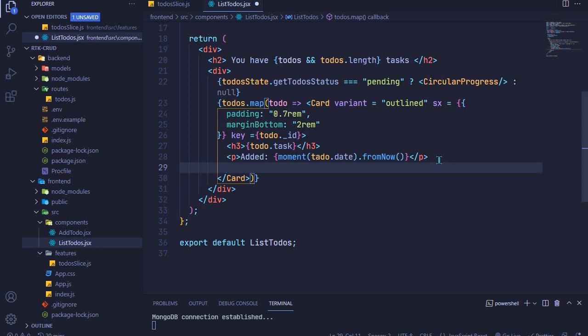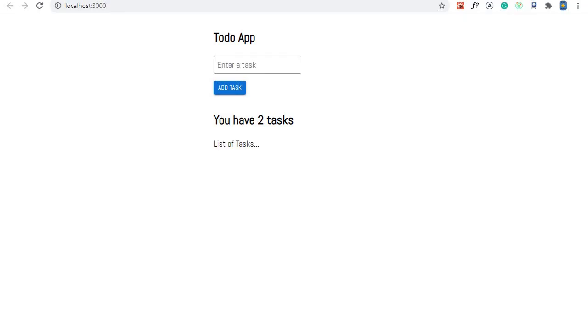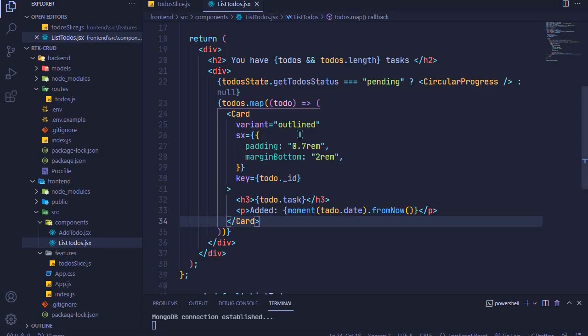I don't know if we should first check if this is working and then add the buttons later on. So let's just check if it's working. I'll save this, and then let's see what we have. Let's refresh. So todo is not defined. I'm so bad at spelling. Okay, todo. Where do we use that? This is supposed to be todo. I save that,